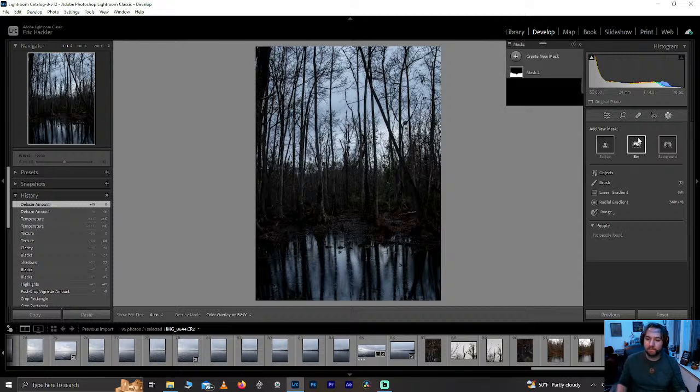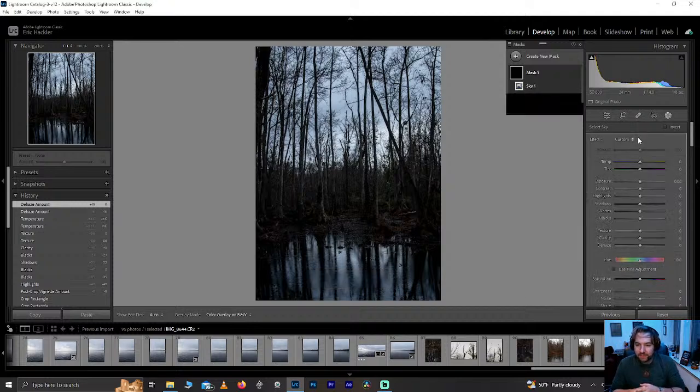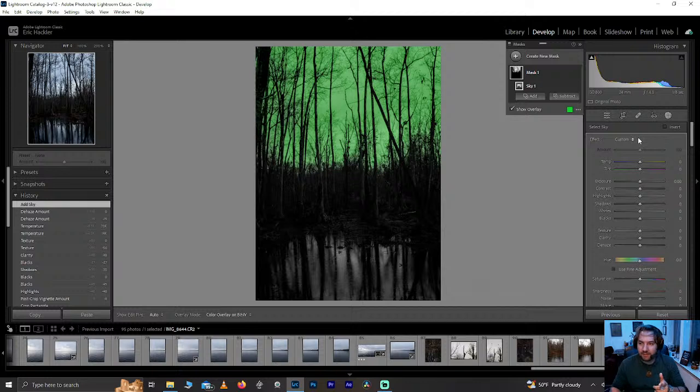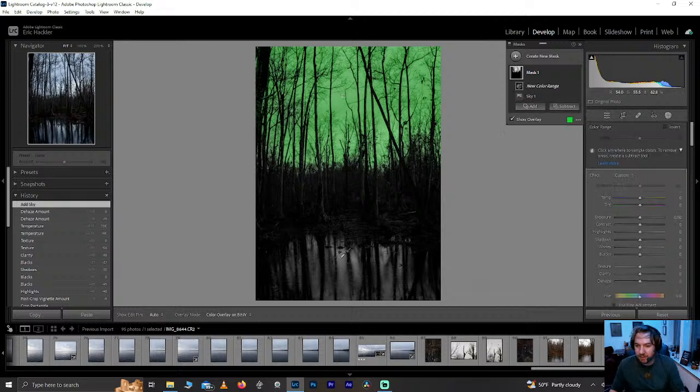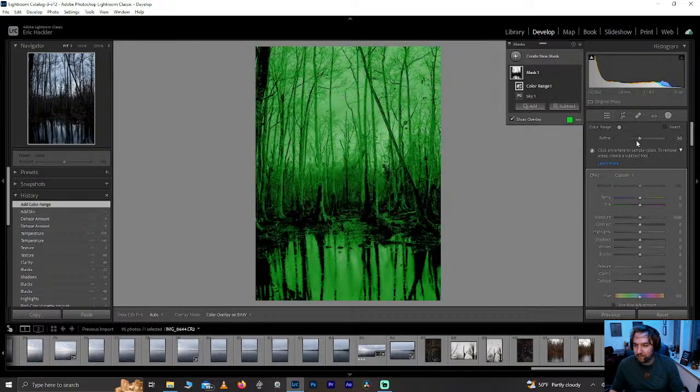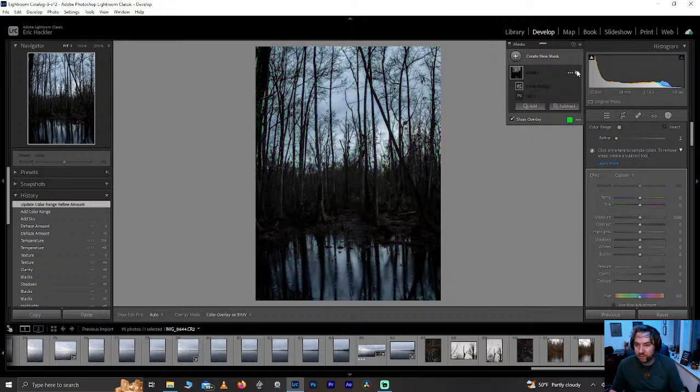Let's select the sky. Actually, I might want to do this with a color mask. We'll see what happens. Yeah, I don't know. Something about this photo, it's so simple. All right, that's good. That sky selection is very good. We're gonna add a color range down here, and we're gonna pull that way back. There we go. Cool. So if I turn off the color range,